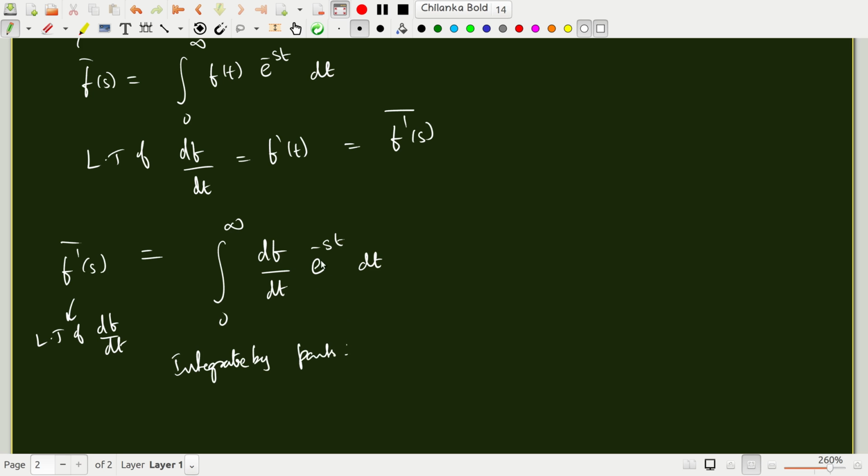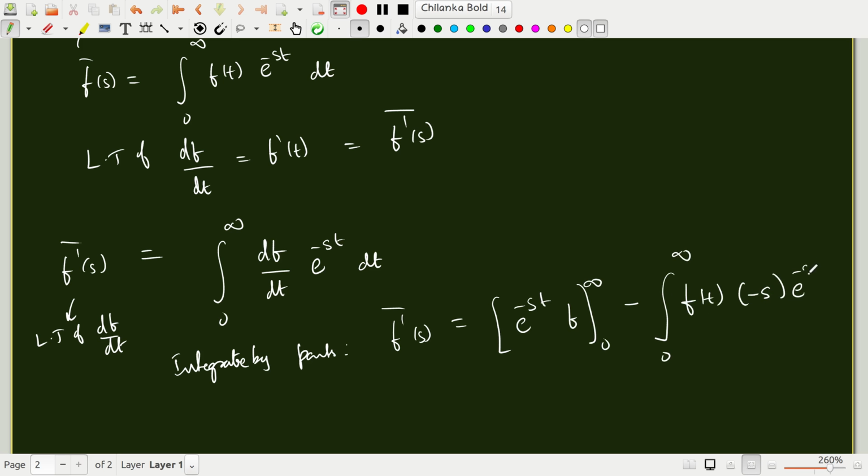Okay, let's call this u, let's call this dv. So you'll get uv minus the integral of v f of t, and then du, which becomes minus s e to the minus st dt. Okay, so the Laplace transform of df/dt, which is denoted as f bar of s, is nothing but,